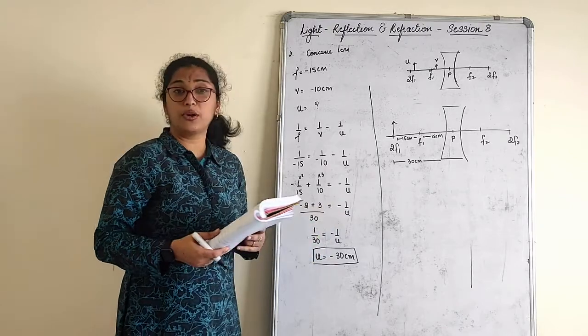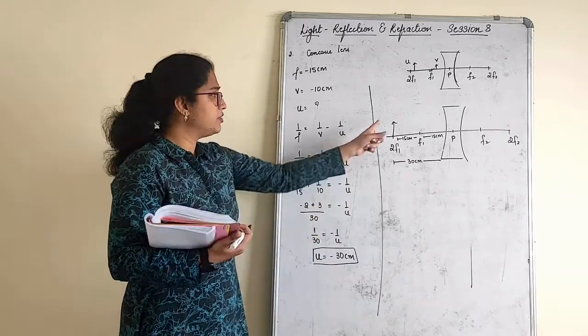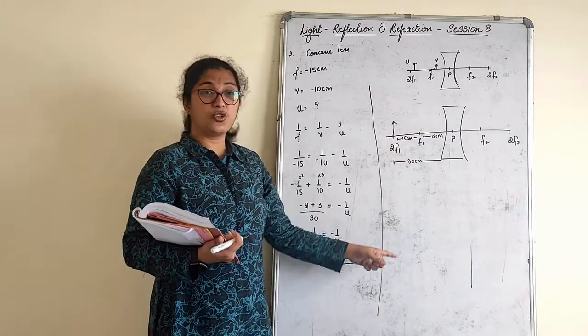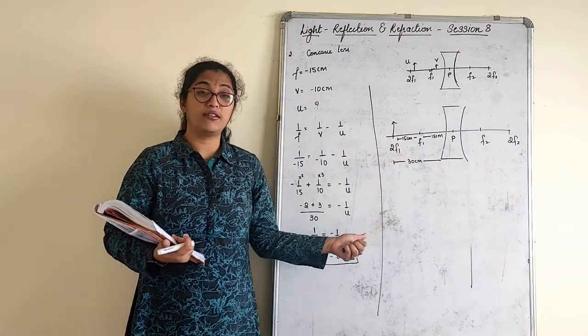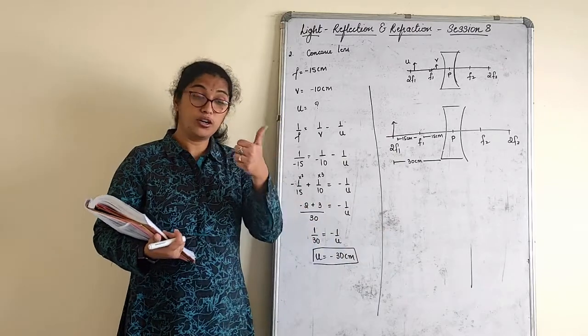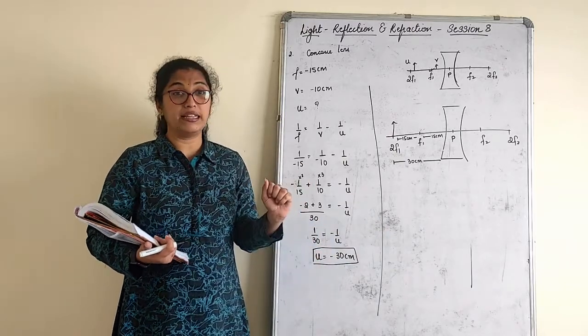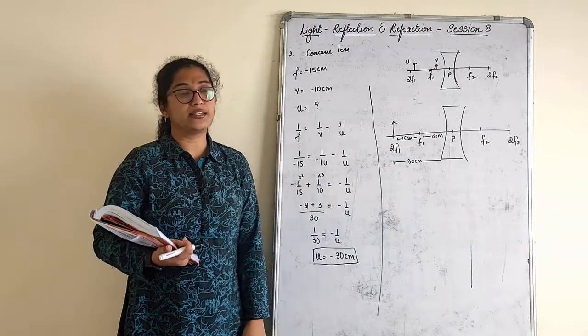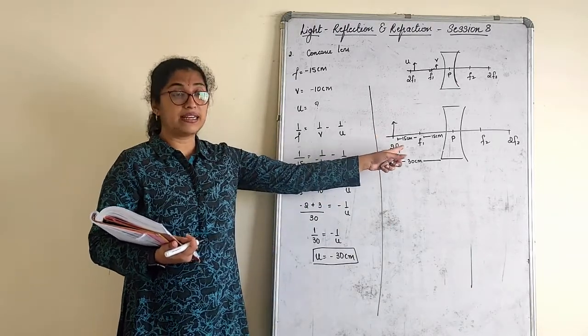See where the image formation is done. Simple. You know how the rays travel and do it. Do the ray diagram for this. Now did you understand how to know where the object is kept, children? It's only if you know U what it is and focal length what it is, because we know the relation between these two. That is how we do it. So proceed with the ray diagrams for this.